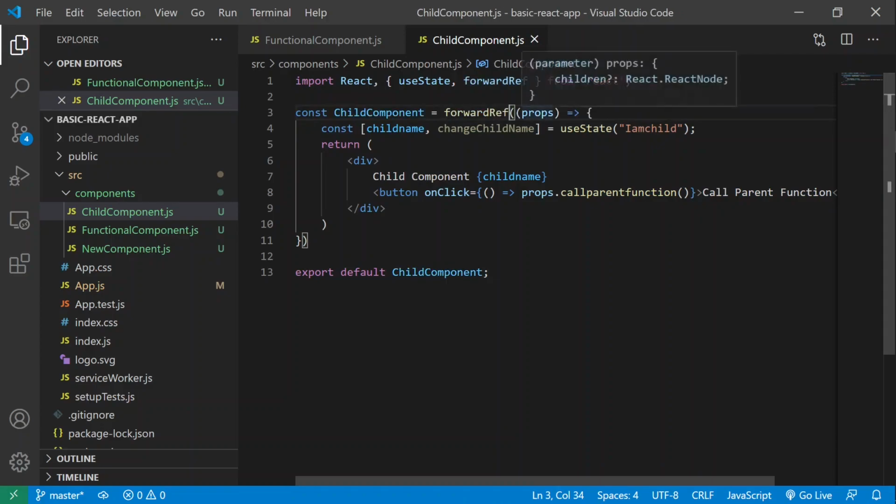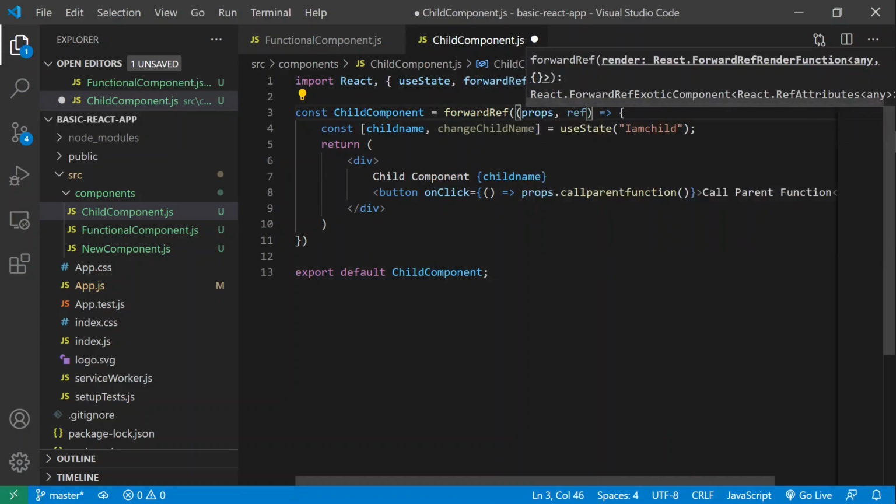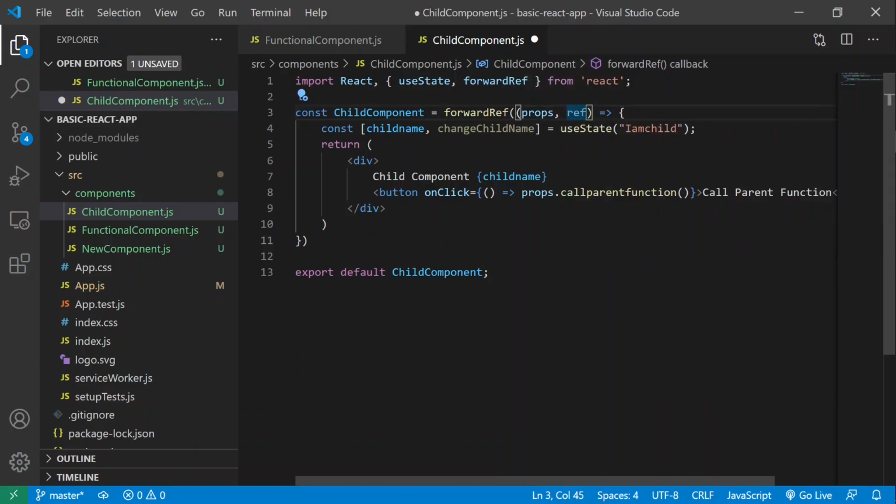To create a reference, we have to pass the second parameter as the reference which we want to create. So here we are going to use ref. Now we are going to expose the function which we want to trigger from the parent component.